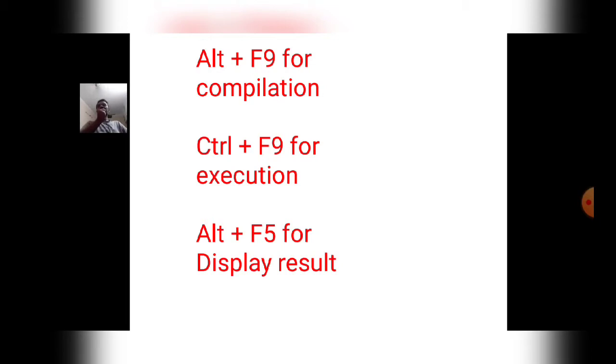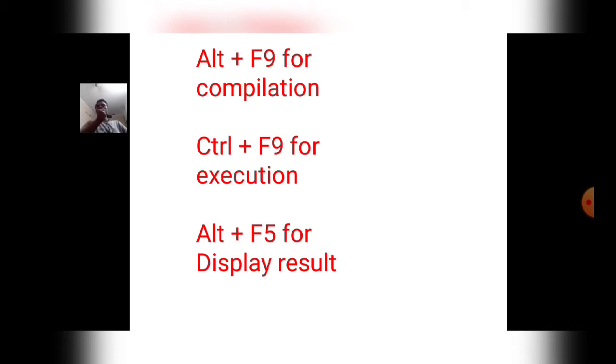This is done with the Alt F9 command. At a time, from the keyboard, you have to press the Alt button plus F9 button. Plus means not the plus button. Alt F9, two buttons you have to press at a time. Okay. Then the compilation process will be completed. After the compilation process, now our program is syntactically 100% correct.